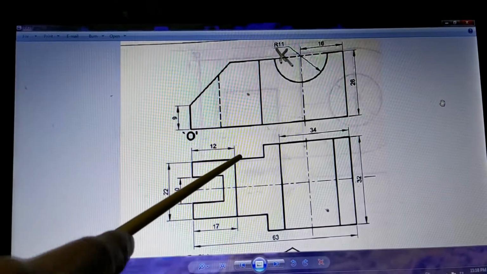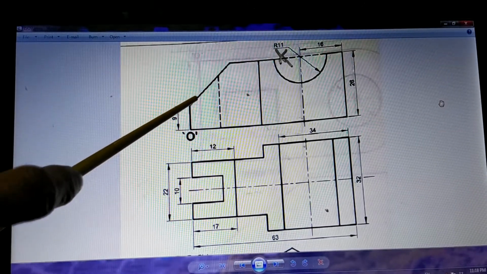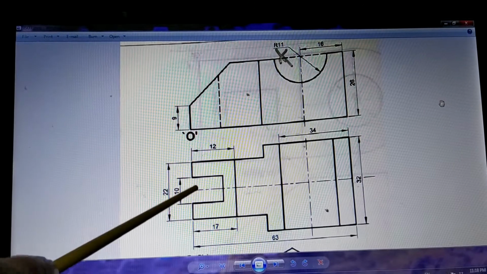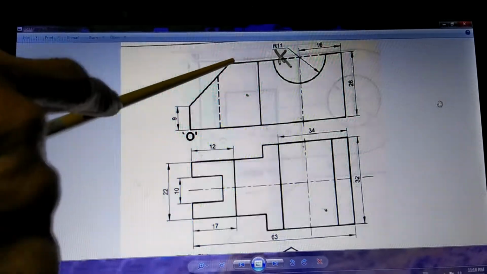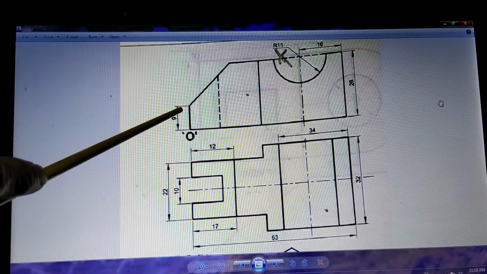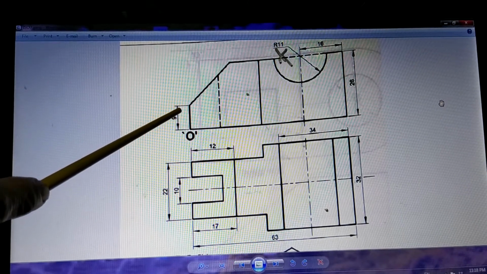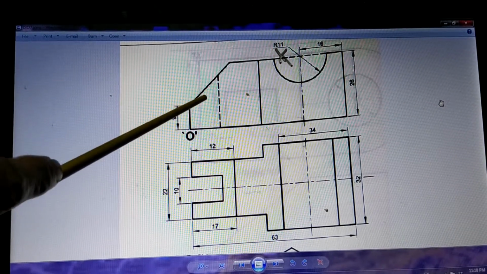On the left side this is the shape. It is straight up to here, then it is inclined, and at the same time there is a cutout like this, and this cutout is now opening on the inclined surface. So this could be something similar to what we had done last time. Now how do we examine?